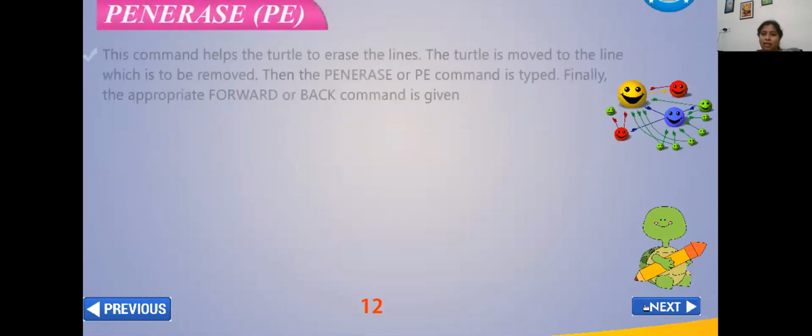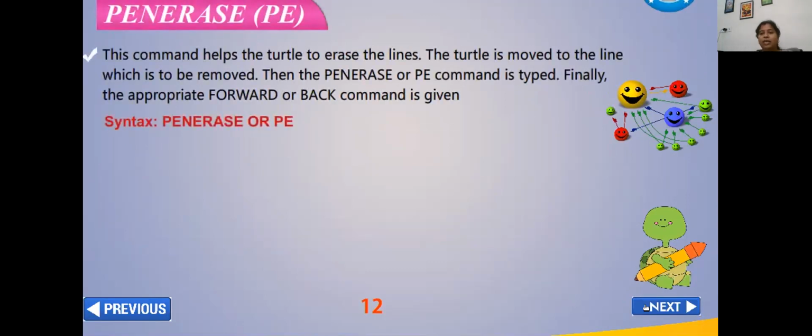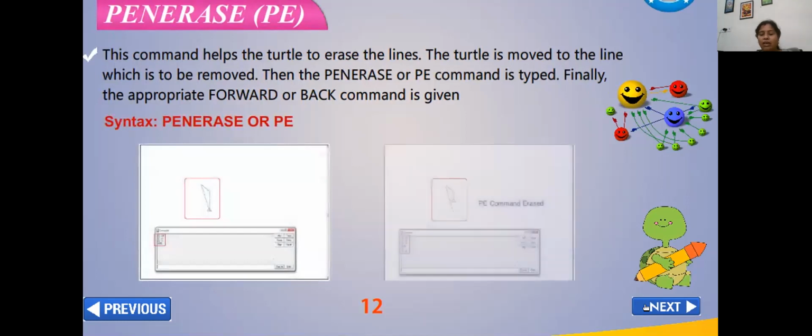And if you have made a mistake, and there is a line being printed which you didn't want, or you want to erase some portion, for that you have to use the command called pen erase. First write it, then give the instructions to go forward over whichever line you want to erase. When you do pen up, if you want the line back, you have to use pen down. For erasing, you use pen erase, but if you want to get the pen back in the hand, throw the eraser and bring the pen back.